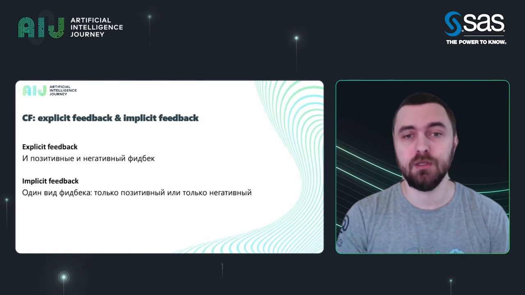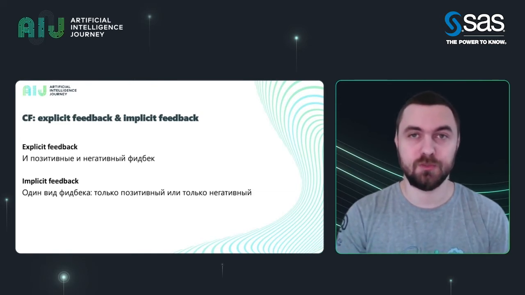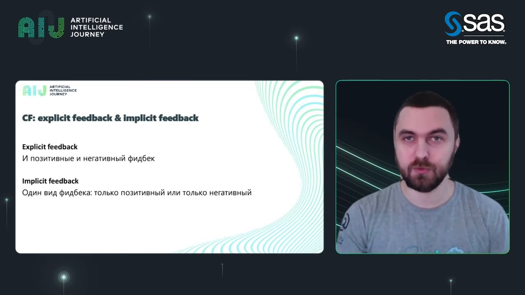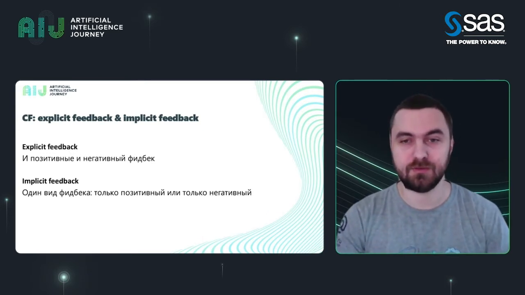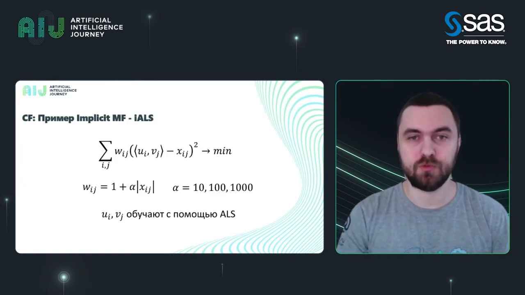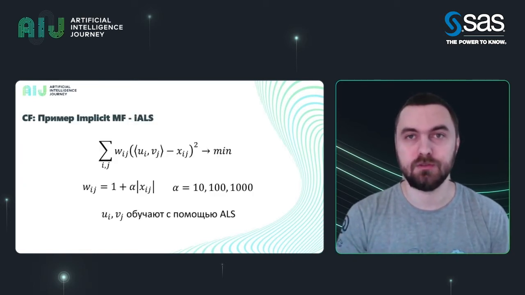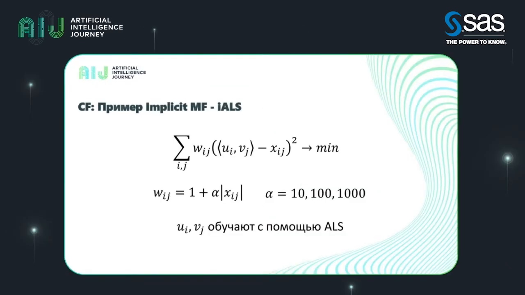In retail, for instance, we often get implicit feedback because we get positive feedback, meaning the client bought the goods, but we don't have any negative feedback because if a person doesn't like a certain good, they will never give a bad rating to something they don't buy. In this case, another popular method is used, which is iALS, implicit ALS. We give weights to both known and unknown numbers, and we give zeros to unknown ones because we're less confident about them. And we train the vectors with ALS. This is the classics of CF.